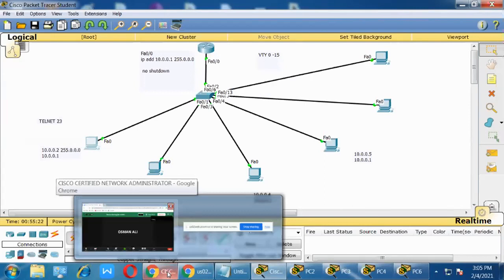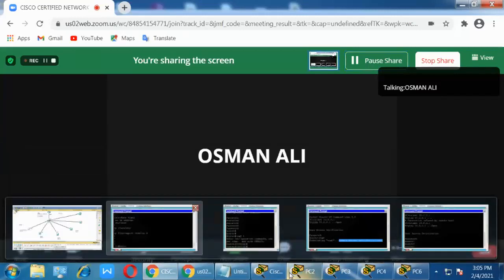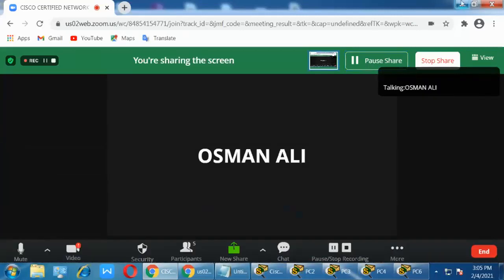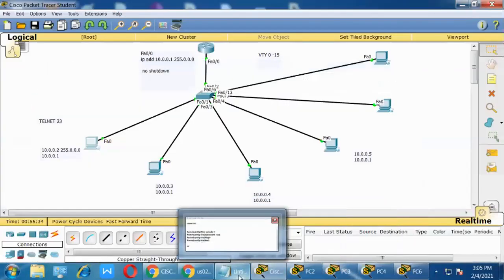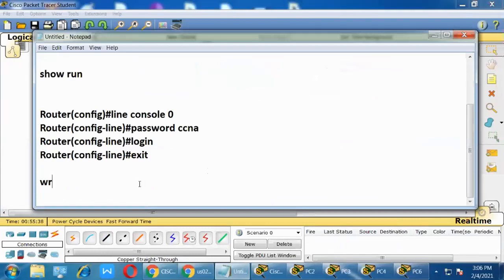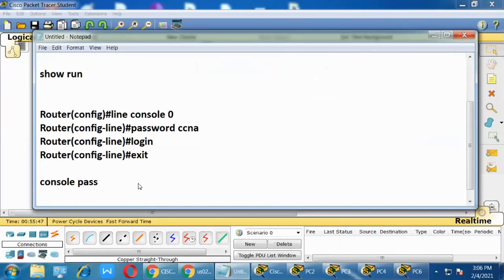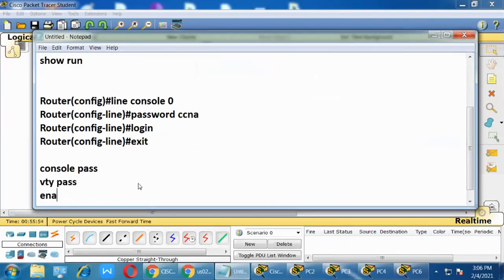So the two passwords, what were they, sir? One password was for the physical console port, to get entry into the console port, and there was one more password we were using. In total, the first thing is the console password, right? The second is the VTY password we assigned, and third is the enable password.